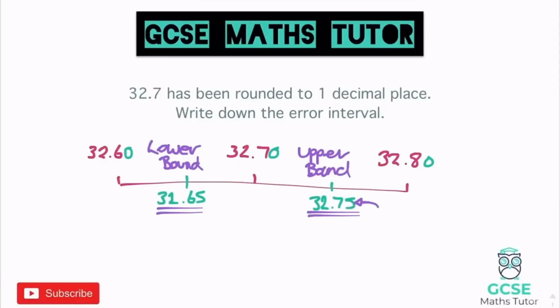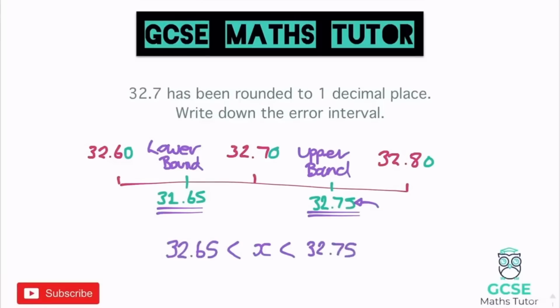Now when we write our error interval, it looks a very specific way. We put something in the middle. We can either put 32.7 or we can just put a letter in the middle. I'm just going to put the letter X in the middle. We have 2 arrows pointing to the left for our inequality here. This is how we write it. And we put our lower bound on the left and our upper bound on the right. So our lower bound on the left, signifying our lower number, is 32.65. And our upper bound on the right is